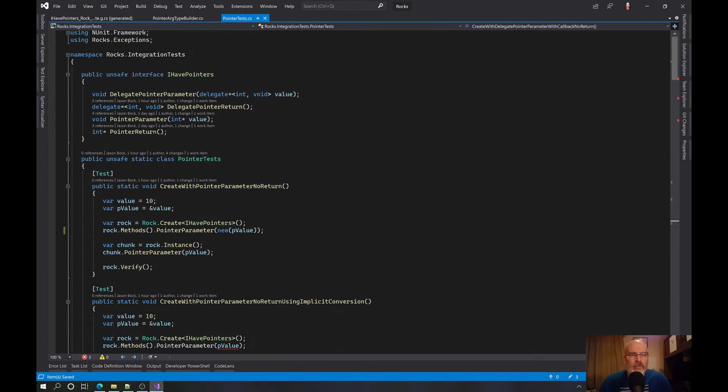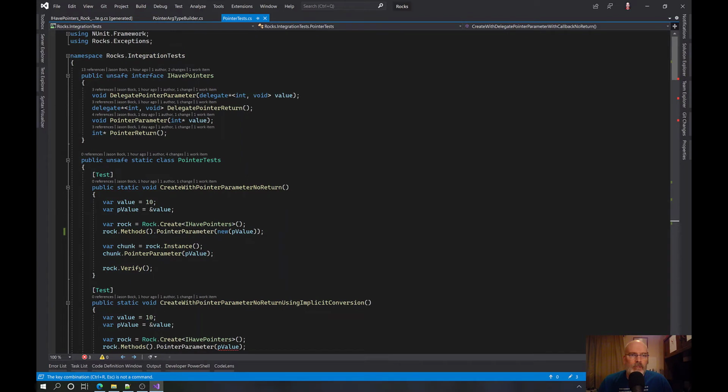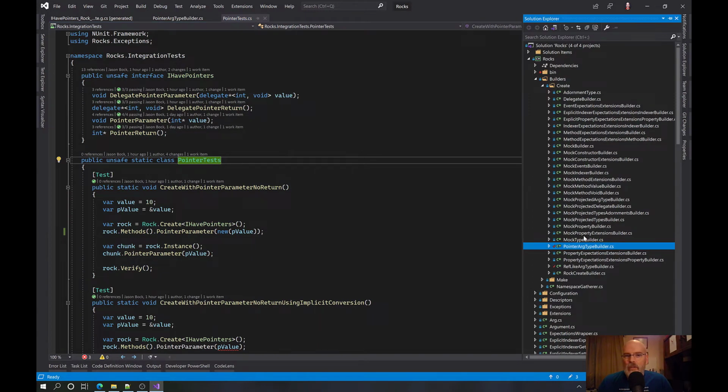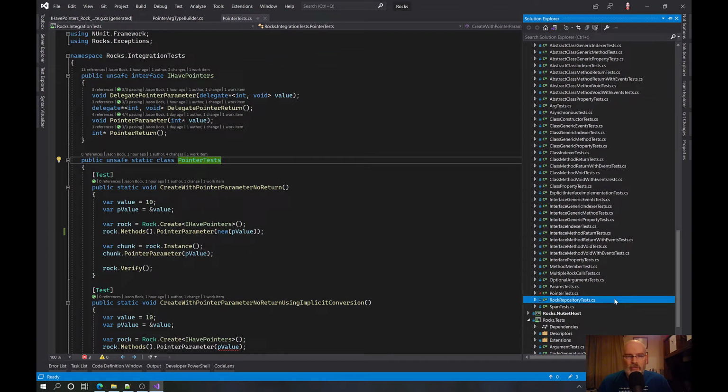But this is kind of strange. Why would it do this? The conversion should still work. Yeah. Okay, so maybe it just got confused. Let's not run all tests. Let's just run these. Okay. All right, we're going to do one more set of tests because honestly, I don't know if you can tell, but I'm already burned out on this feature.